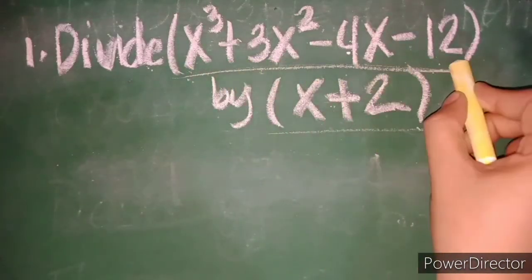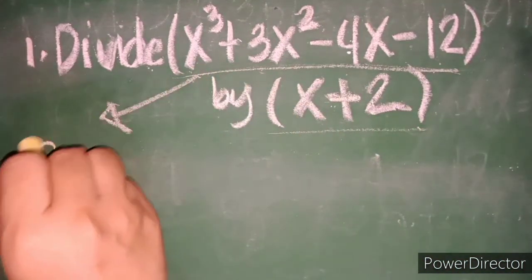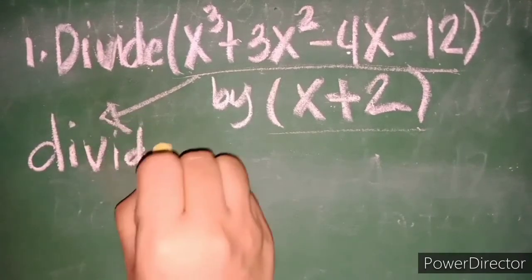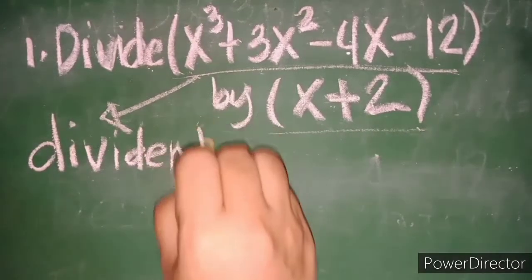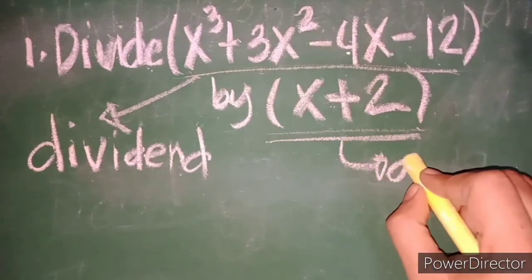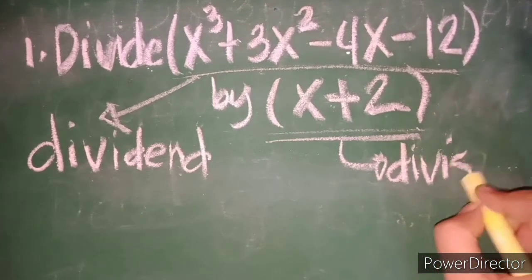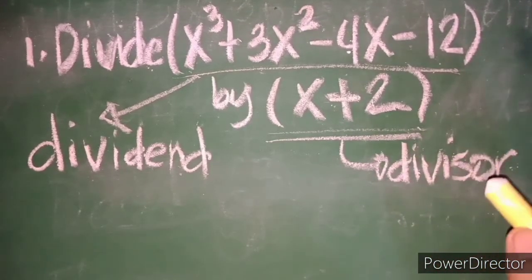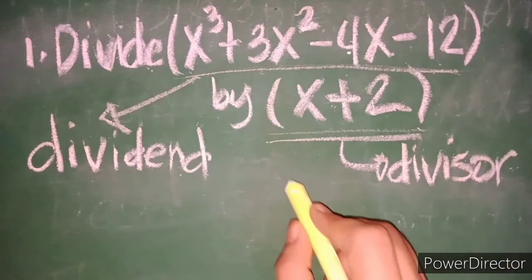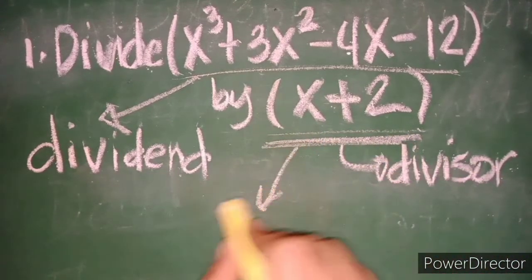Okay, number 1. Divide x cubed plus 3x squared minus 4x minus 12. So ito yung tinatawag na dividend. Okay, divide by x plus 2. So x plus 2, ito yung tinatawag nating divisor. To divide polynomials using synthetic division, ang gagawin natin, ang first step, ay isosolve natin yung value ng x